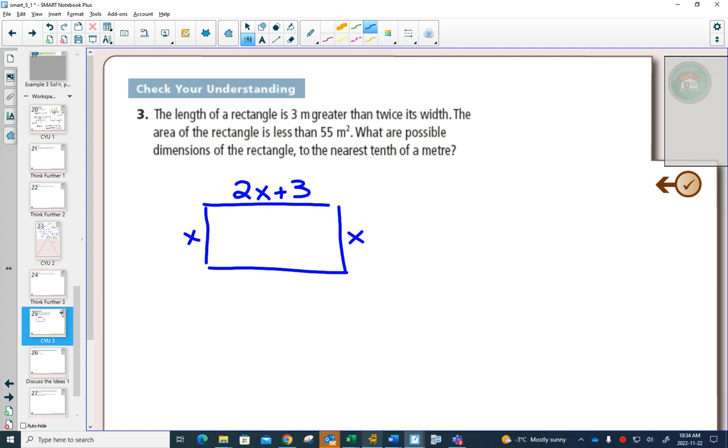Now, the area of the rectangle is less than 55. So now this is where we're going to take our diagram and change it into an equation. Area is length times width. So if I multiply those two together, that's my area. It needs to be less than 55 meters squared. So now we've set up an inequality. Multiplying this out,